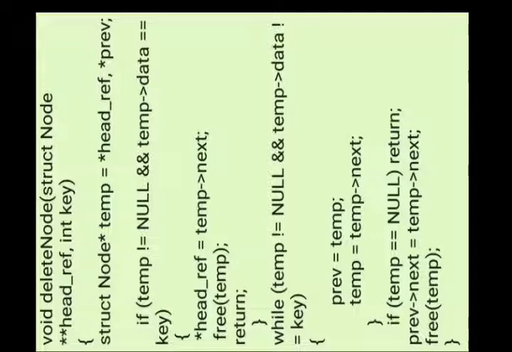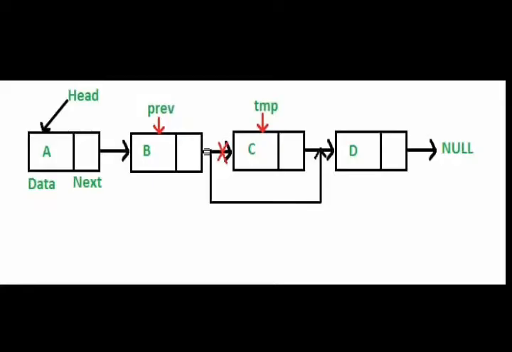For that you have to move the pointers. So that is why I am changing the pointers in the while condition. If the while condition fails, that is, if the node to be deleted is found,